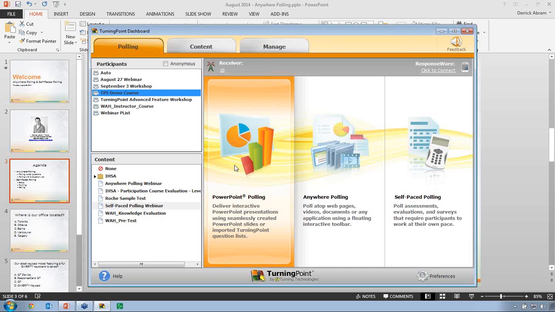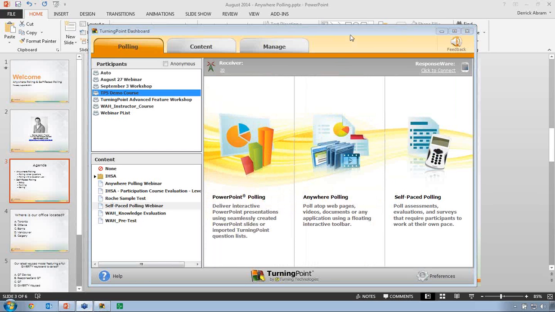Now, what we're about to look at with Anywhere Polling, really what this is going to allow you to do is start to poll questions outside of PowerPoint. So for those of you that may use Prezi, if you use Keynote on a Mac, if you like to show videos on YouTube in your presentations or media content like that, Anywhere Polling is a great way to be able to ask those important questions, to gauge understanding and things like that, without having to be locked into that PowerPoint environment specifically. So let's have a look at how this would look if we were just polling verbal questions.